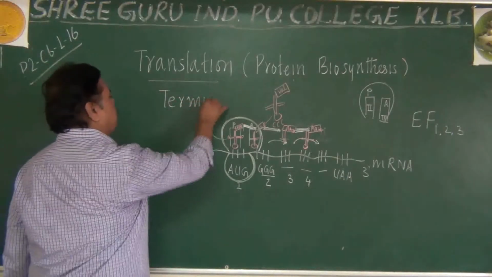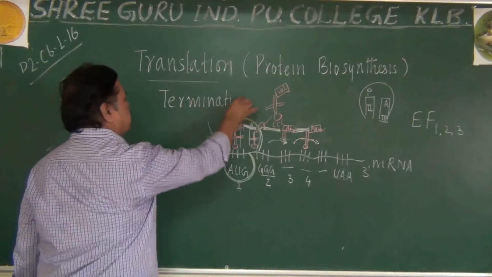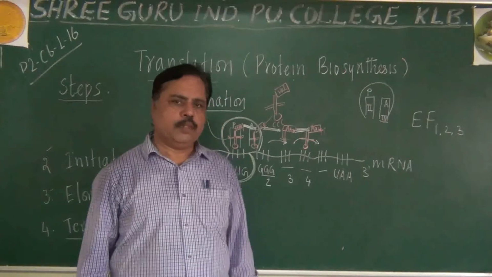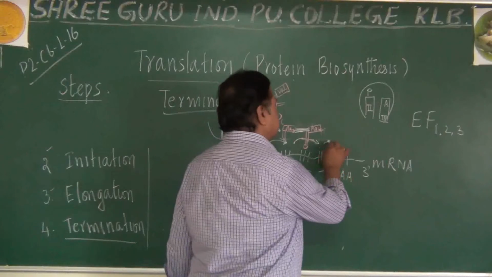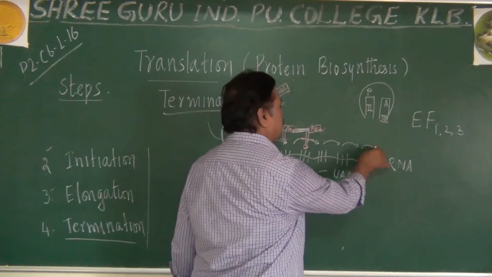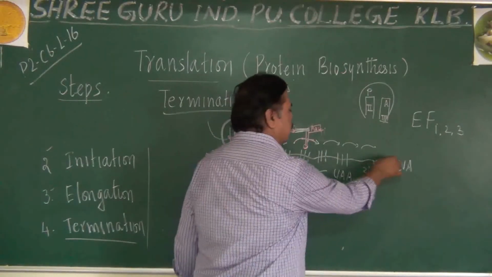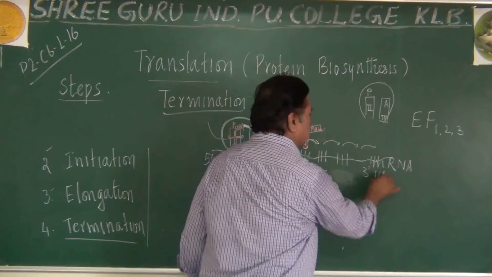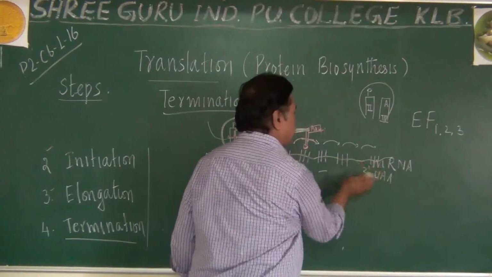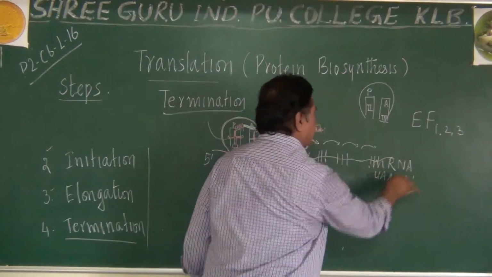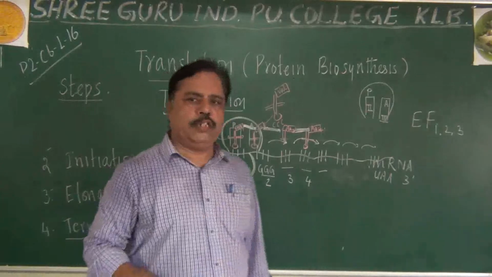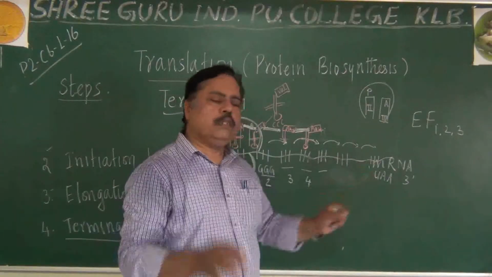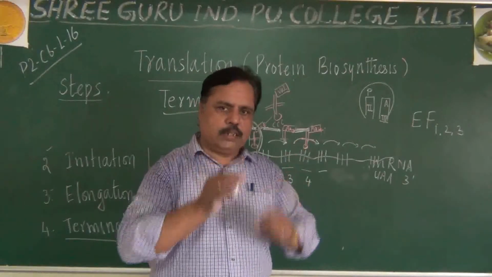Termination. Very simple process here. During termination, when the ribosome is jumping from codon to codon, finally it will reach a point where a terminator codon is present. Imagine a terminator codon, either UAA, UGA or UAG. If any one of them comes, the ribosome will be present,